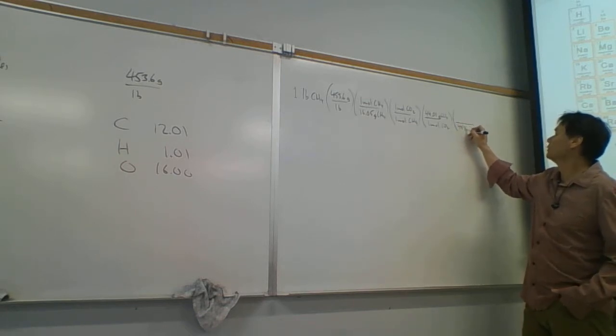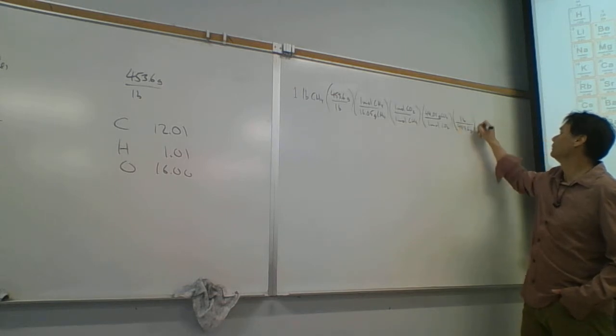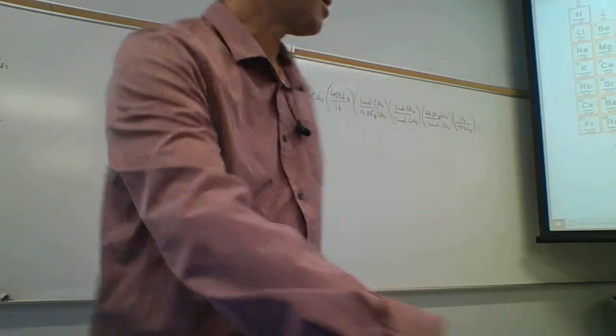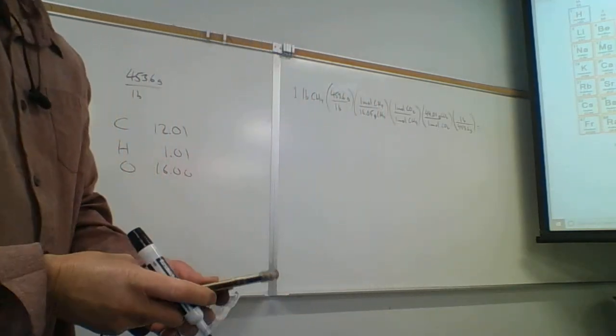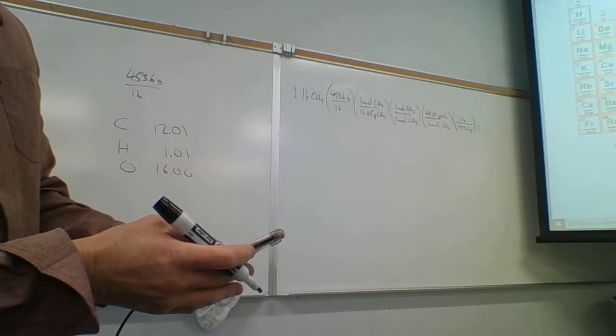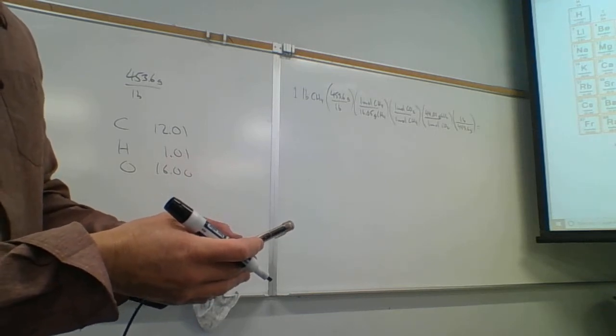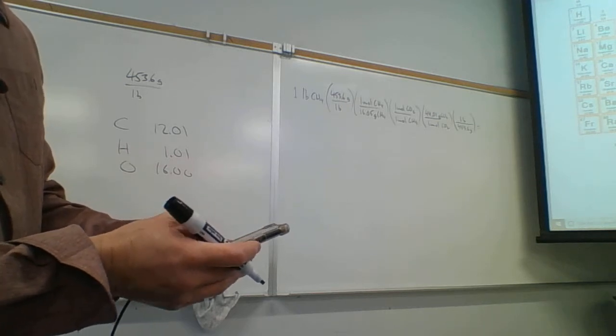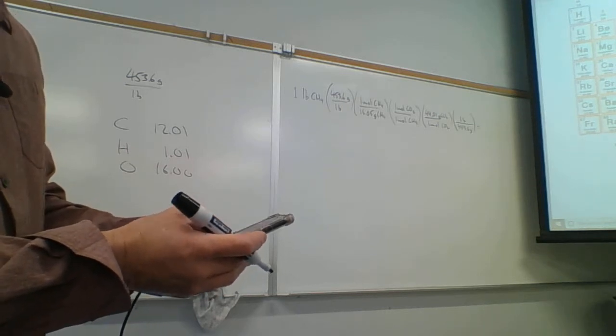So 453.6 grams per pound. That should give us pounds of CO2. So let's go ahead and calculate it. I'm going to skip, because we're multiplying by 453.6 and dividing by 453.6, so I'm going to cancel those out. And so I'm just going to take 44.01 divided by 16.05,